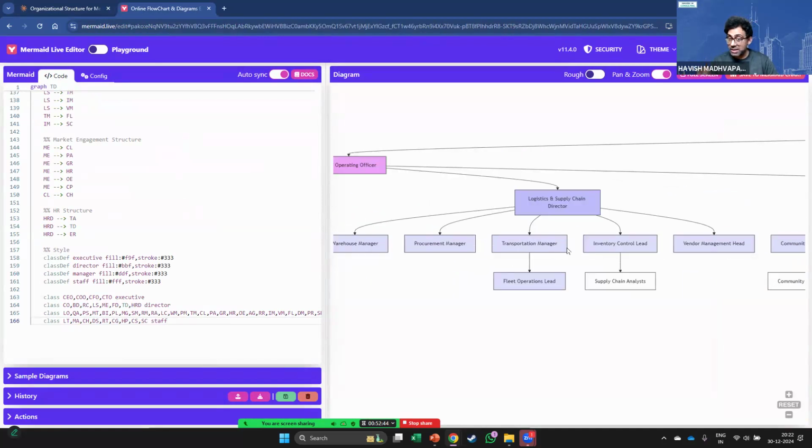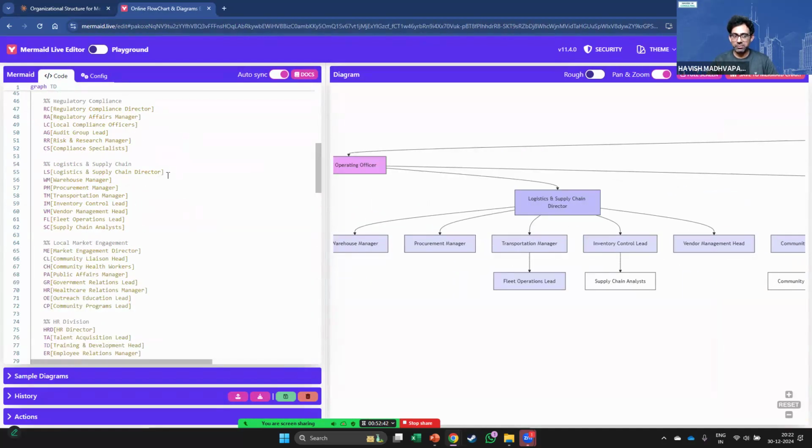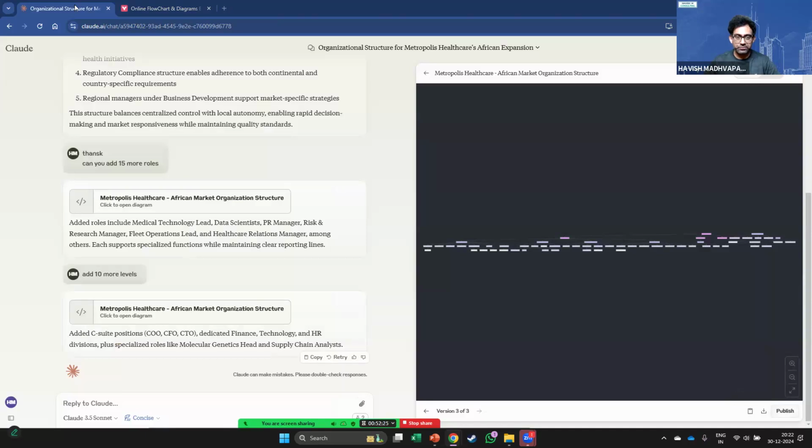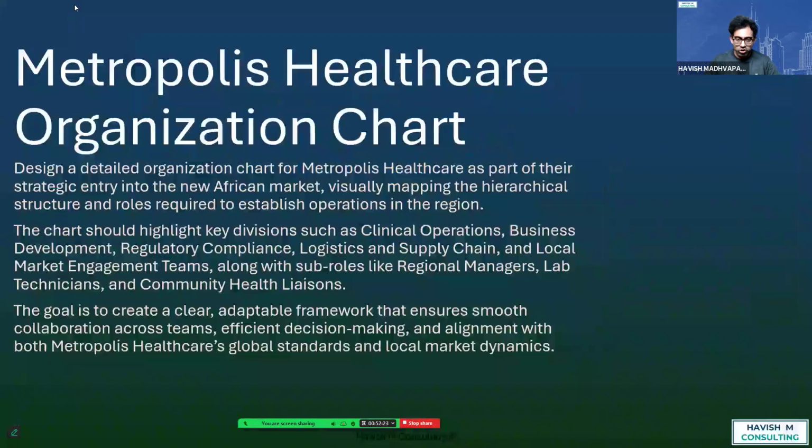So cool, right? And keep in mind, everything is editable. Is it something you will pick up in a minute? No, but if you spend 30 minutes on it, because I do a lot of it, I can assure you it's not really that difficult, right? And if you do get stuck at any point, remember you can always go to Claude and ask it to fix the error for you, right? Perfect. That's the one with the org chart.